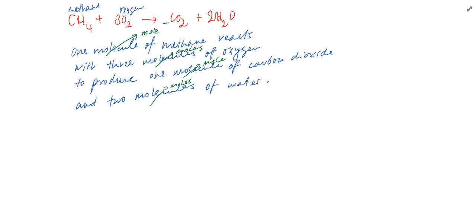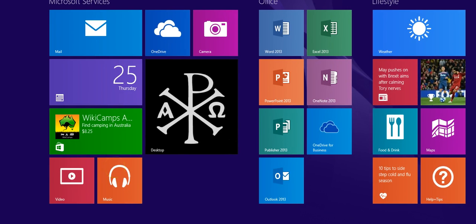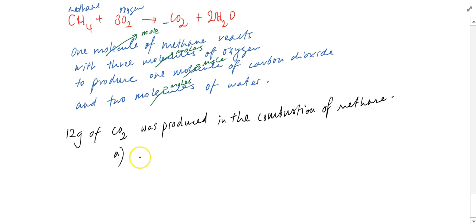Now what if a question was asking us, and this would be a 4-mark question, 12 grams of carbon dioxide was produced in the combustion of methane. I'll make this 2 parts actually. First, what was the mass of oxygen that was consumed